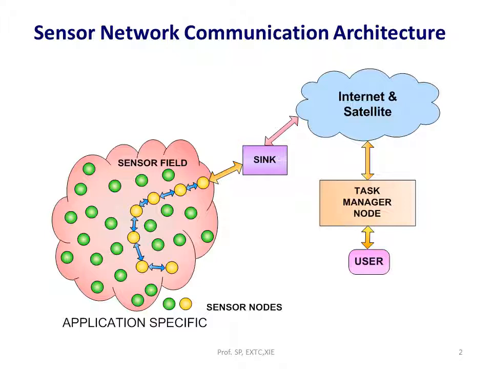Some link will be taken from where the sensing has been done and the data will be forwarded to the sink node. Now the sink is also a sensor node where the entire data will be gathered and processed, and only the data we want to forward further will be transmitted through the internet or through satellite and made available to the end user through the task manager node. This is the basic architectural diagram of a wireless sensor network, in which sensor nodes are deployed in an application specific area and sensing is done accordingly.